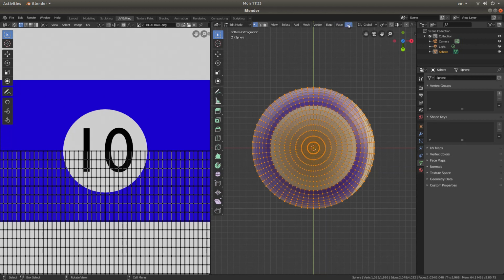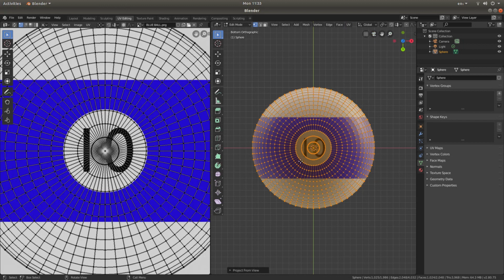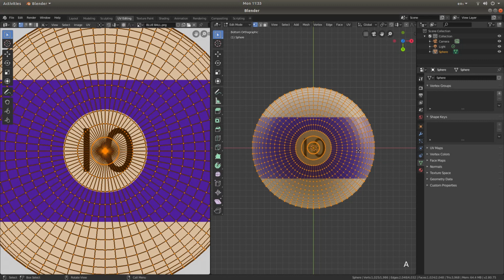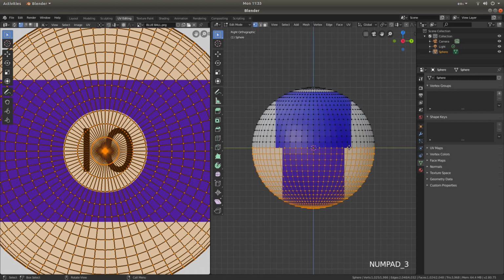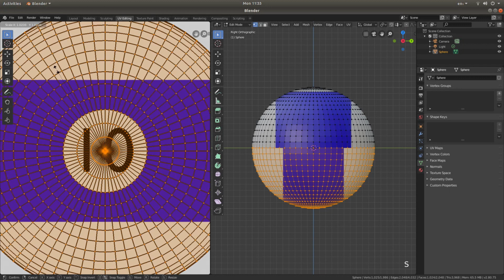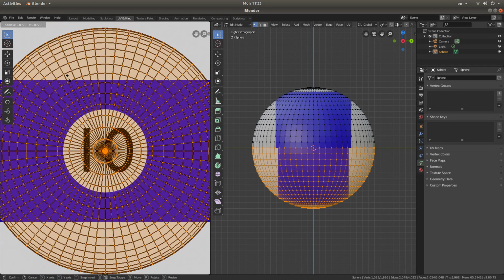Come to the UV button at the top and left click on this. Left click project from view bounds, and again this should come in looking reasonably good. Pointer over this side, press A, and what I would do this time is if you press 3 on your numbers pad, you'll go into right hand view, and then with your pointer in this screen, place it a fair distance away from the middle, press S and move your mouse to line the band up,